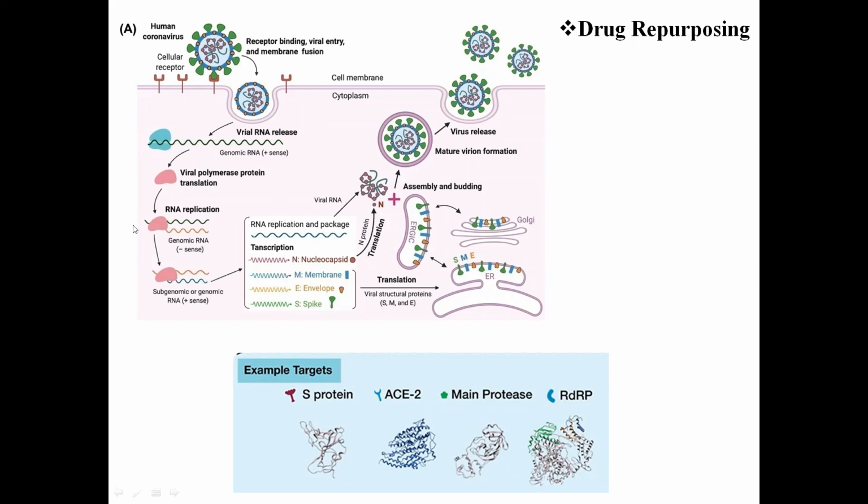What it shows is the SARS-CoV-2 virus with the spike protein protruding out. Now it encounters a host cell, and there is a cellular receptor here, which is the human ACE2 receptor. Using this interaction, it makes its entry into the cell. And obviously, as a virus, it uses our host cell's machinery to replicate itself, and there are many proteins involved. So the purpose of drug discovery has been, can we target either some of the viral proteins or some of the important interactions between the host protein and the viral proteins